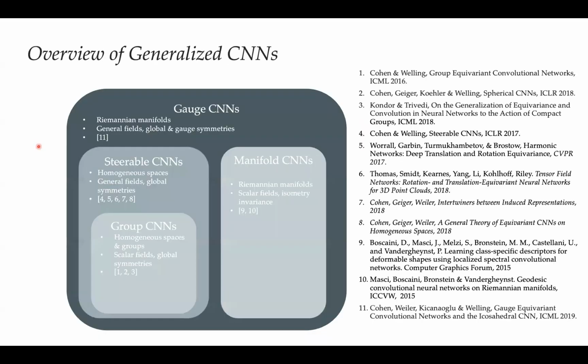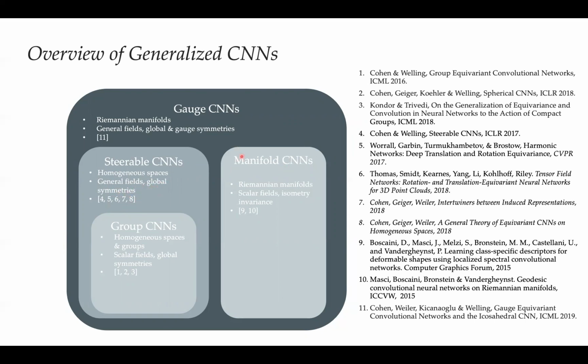All right, so finally, here we have an overview of the different kinds of generalized CNNs, starting with group equivariant nets that work on homogeneous spaces and groups, but only take into account scalar fields and global symmetries, to steerable CNNs, which also work on homogeneous spaces, but can deal with more general kinds of fields, still incorporating only global symmetries.